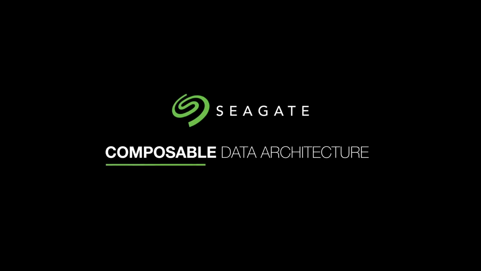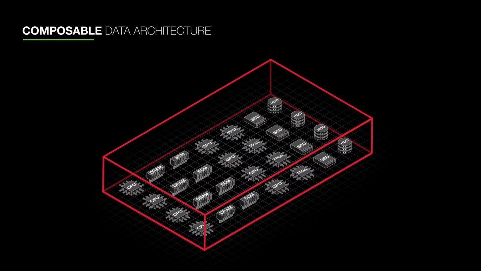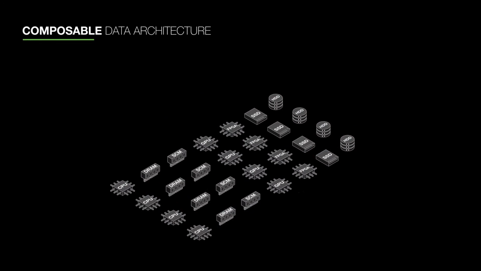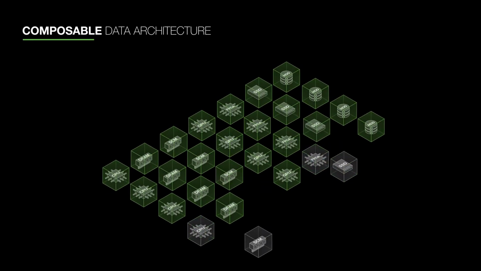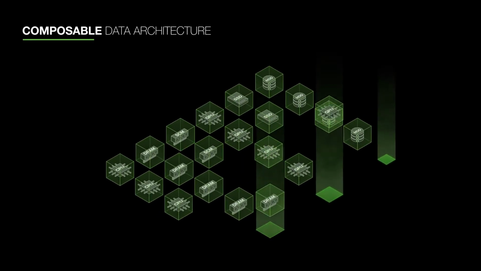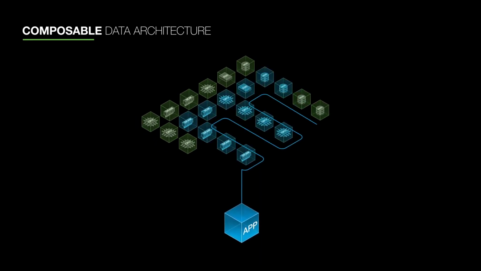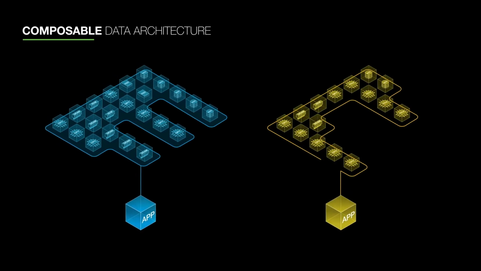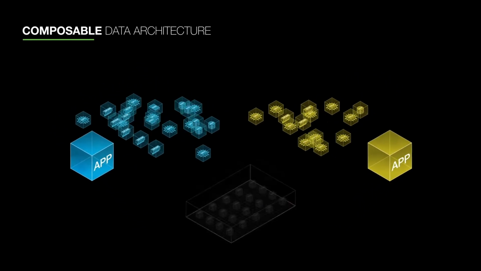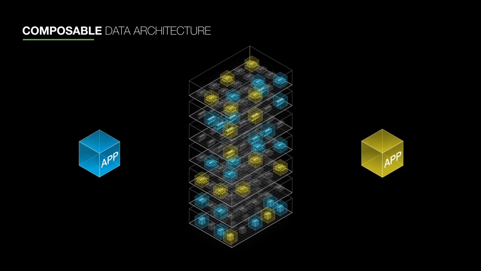So, what is the solution? This brings us to the composable data architecture model. This model views each individual resource, compute, storage, GPU, and memory, as an elastic resource or an atomic building block, giving both developers and organizations the ability to deploy, adapt, and modify them in real time. This also opens the door to defining resource-specific virtual appliances that are easily and readily shareable for use across the data center, so the right resources can be paired to the right processes dynamically, regardless of where they are located